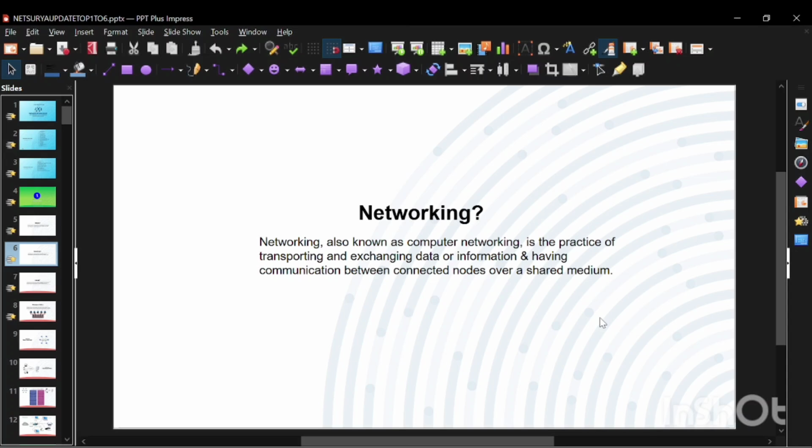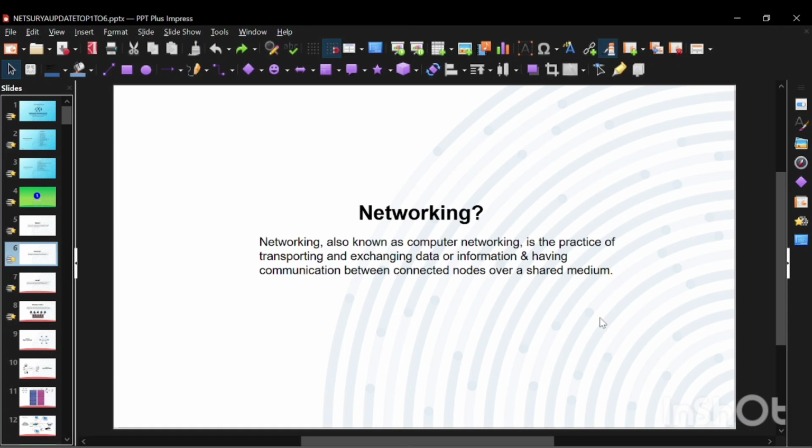You have got multiple systems, computers, phones, all in one place, but how do they talk to each other, and how do they share files, internet, or resources? That's where networking comes in. It's not just about connecting devices, but about managing how data flows, how secure that connection is, and how efficiently the communication happens.